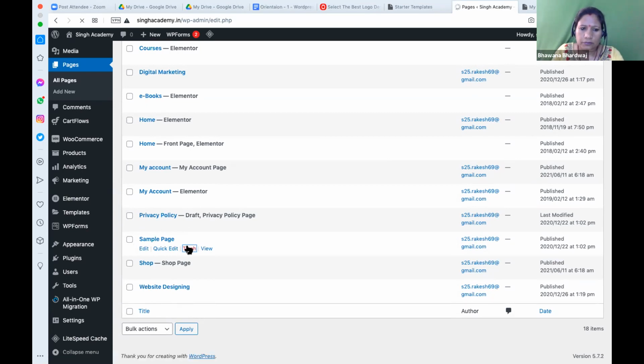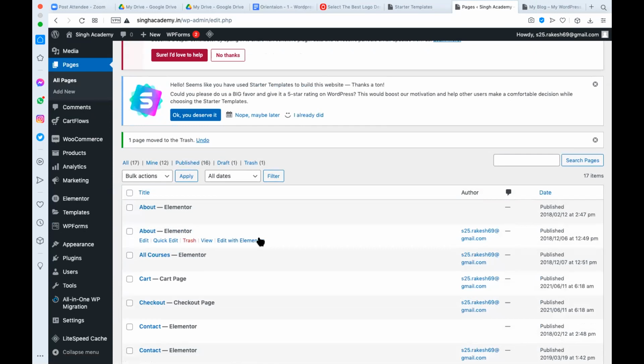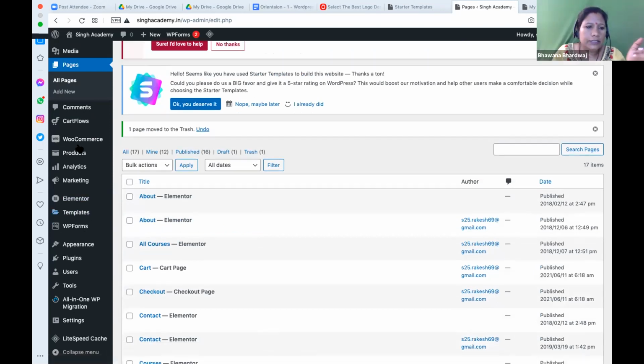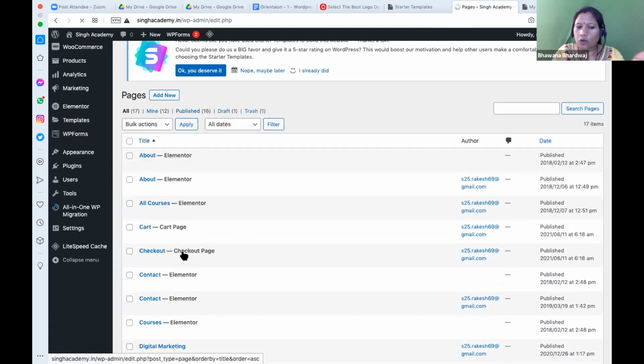Okay. After 1 minute, sorry to interrupt. Can you go back to this, like how we came to this all pages thing? Yes, here this is the option of pages. Can you see this page option? And within that page option, there is all pages and add new. So whenever we want to create a new page, we will click on add new. Whenever we want to see the list of all the pages we have already created, you can click on all pages. So we have clicked on all pages, and we are seeing the about page and all the pages.